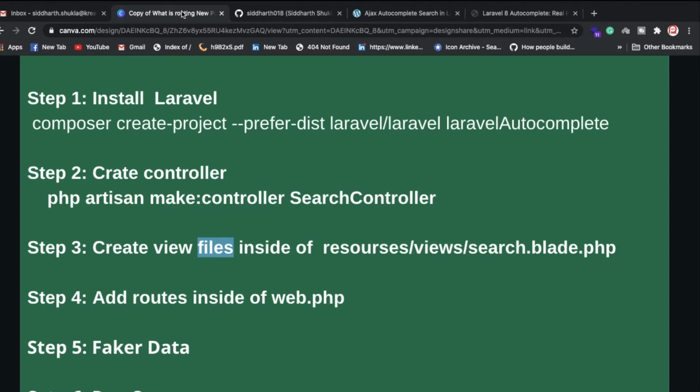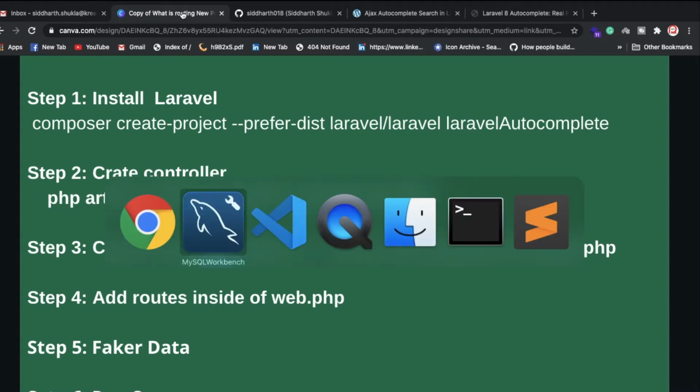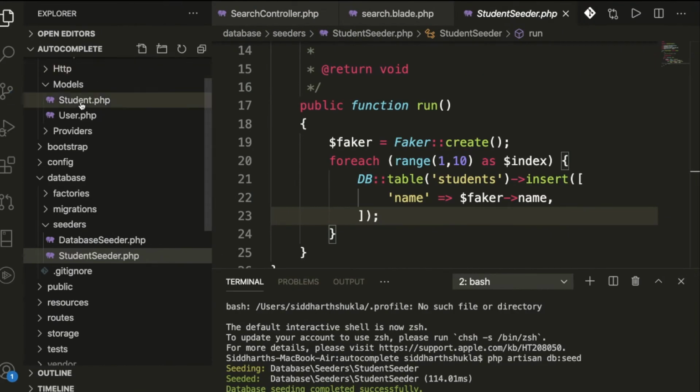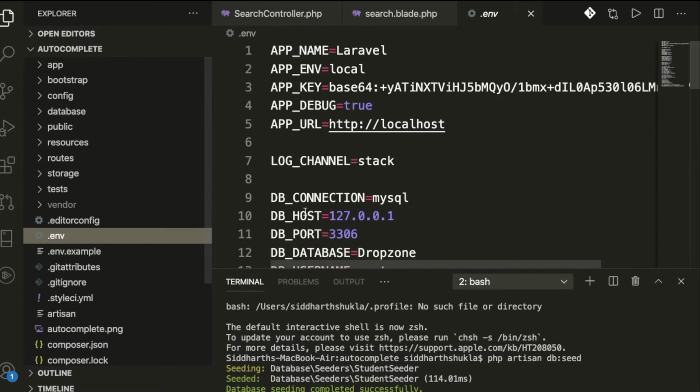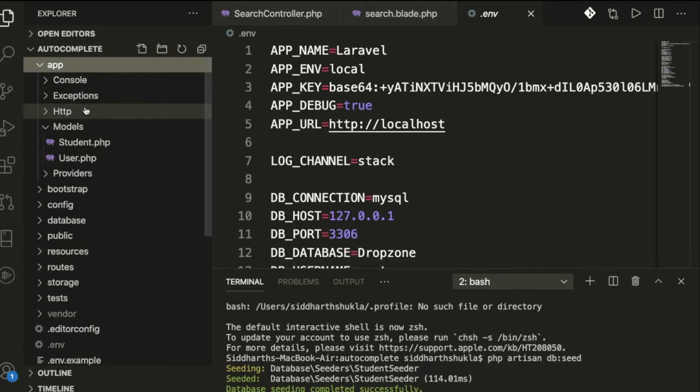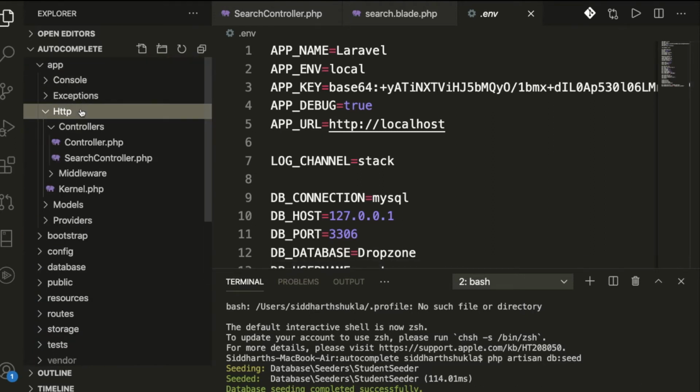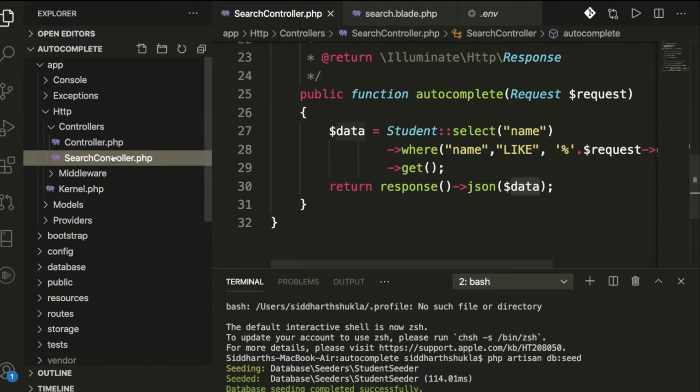Here I have written some basic commands. You can create a controller by using this one. You can configure the database, let me show you. We have already installed it, so you can set up the new database from the .env file. Once you create the controller, we get it inside the controllers folder.